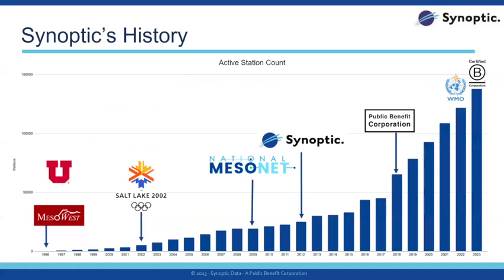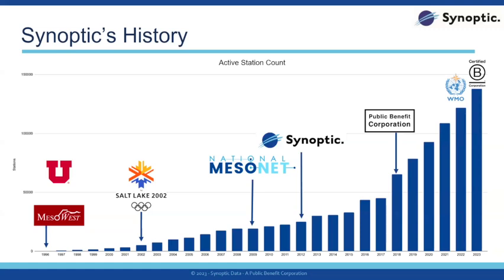I know some of you know Synoptic Data a little bit already, but we started as MesoWest from the University of Utah. They started aggregating stations for the 2002 Winter Olympics. Basically, the university helped the National Weather Service office get stations in the valley and in the ski resorts, bring them all together, put them in one place. That model grew into the National Mesonet program, who many of you are a part of. Synoptic helps run that program and aggregate that data for the National Weather Service.